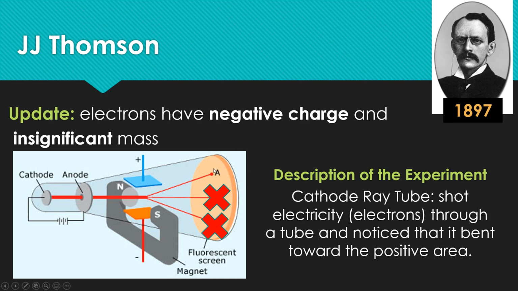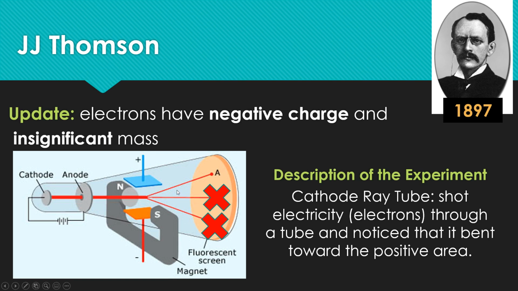Hence, they were negative. He figured out the insignificant mass because you can manipulate how high something moves up this plate based on the charge of this positive plate. So you make this more positively charged, and this would go up more based on a ratio to its mass. So if it had a heavy mass, it might only go up a little, and then you make it super hard,